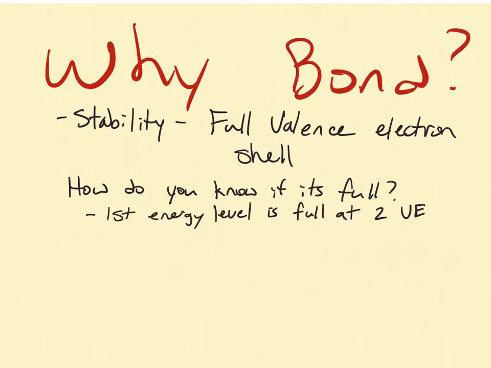Now this only applies to a number of elements, primarily hydrogen. But there are other elements that are stable, and they're stable at a higher number of valence electrons. That number happens to be 8. All elements at the second energy level and lower are full or stable when they've achieved 8 electrons in their